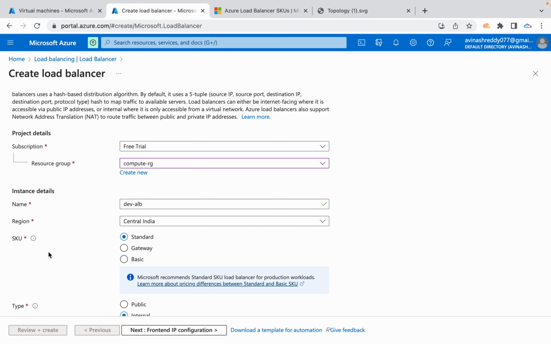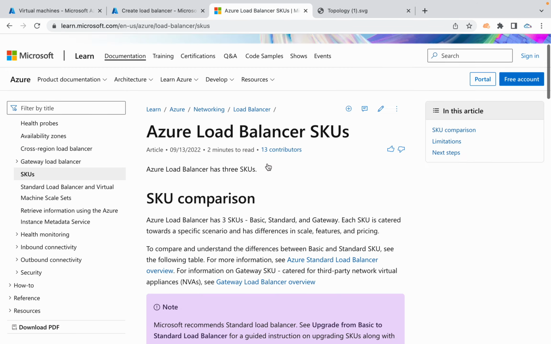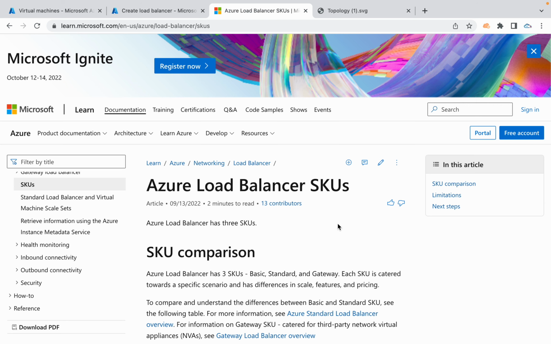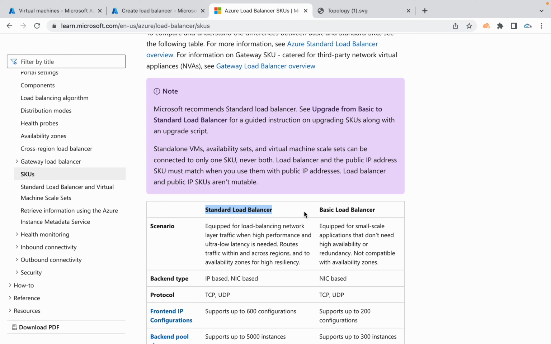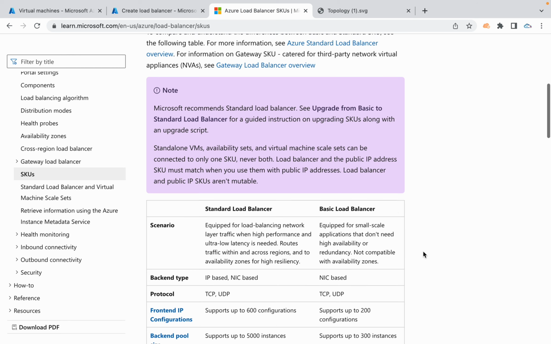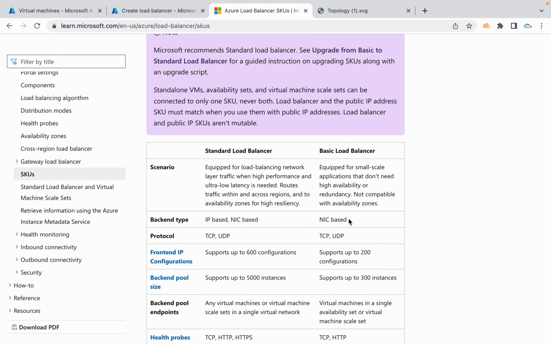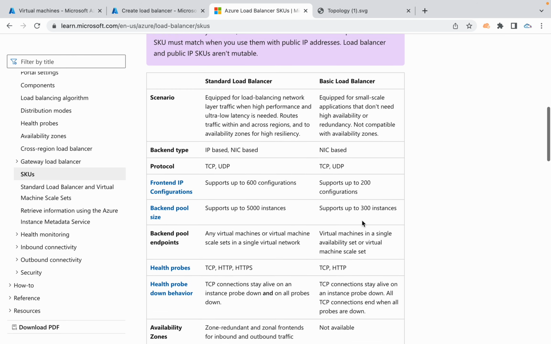We have three options actually: standard, gateway, and basic. You can choose either standard or basic. The real difference between the standard and basic SKU is here. I'm using the official Azure documentation. So here are the standard and basic. Basic is designed for dev or test environments. It's not recommended to deliver your production workloads with the basic load balancer. We have some limitations. It works with only NIC based, not IP based, and